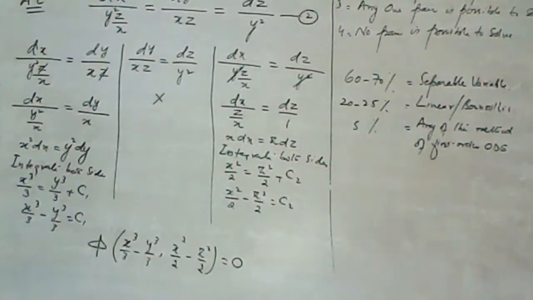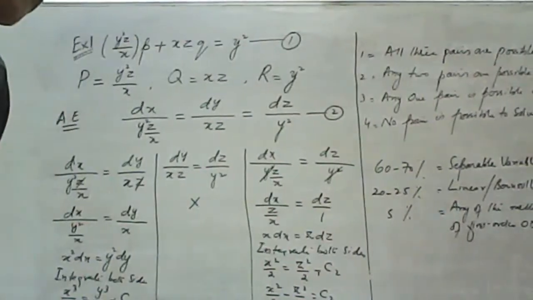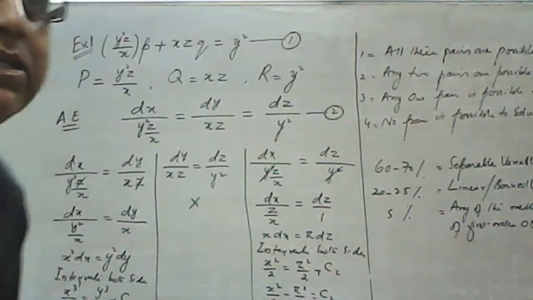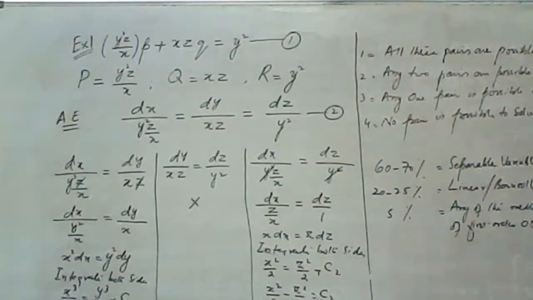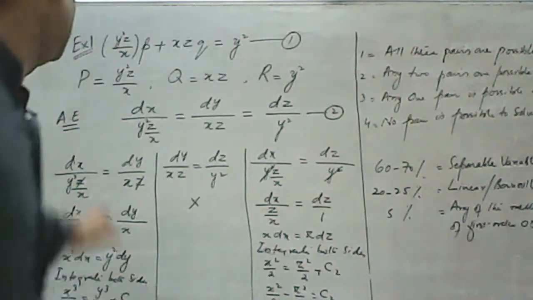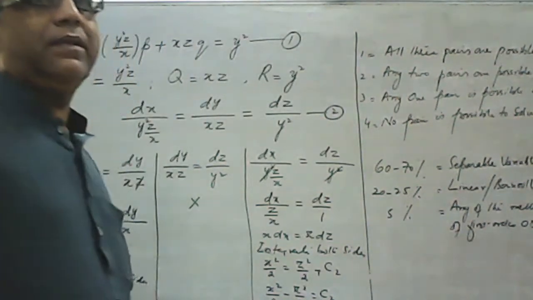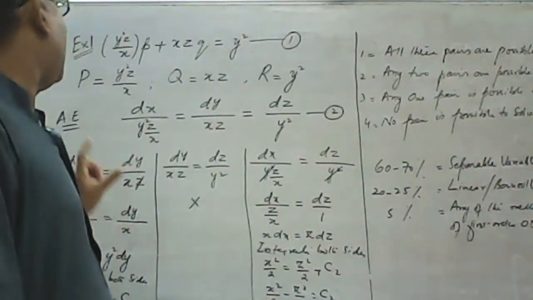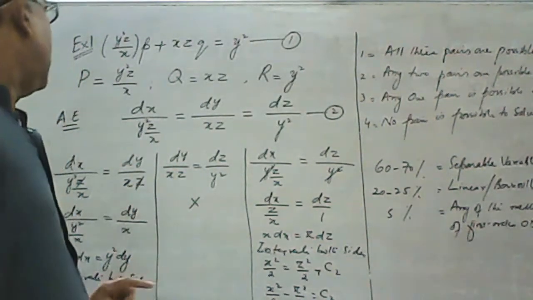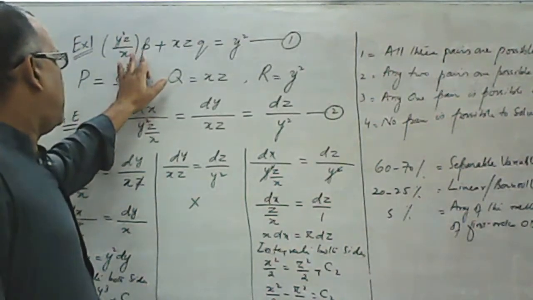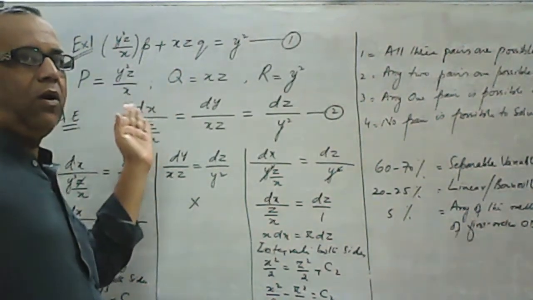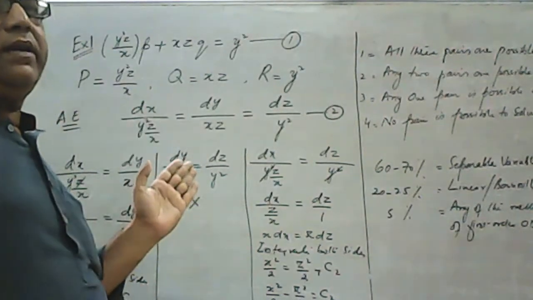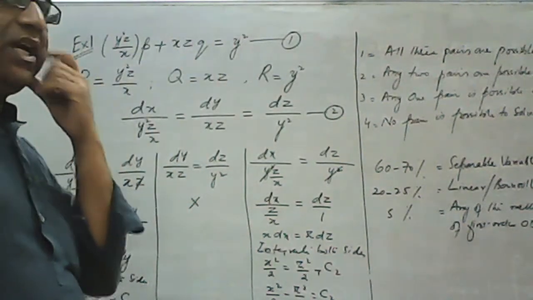So I am again repeating the whole example from start to end. As I said, I will solve a number of examples later on. So as we see, equation number 1 is in its standard form, and as I told you, generally we have the PDEs in standard form. Standard form means the small p and q on the left hand side, and all remaining terms without any derivative will be on the right hand side.